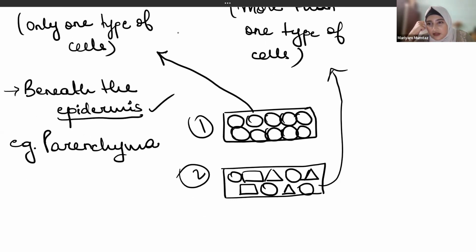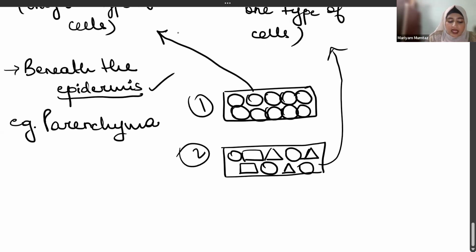Parenchyma is the name of a tissue. Like how I told you phloem was a tissue, and xylem. Do you remember? In the same way, parenchyma is a name. There is nothing to understand here, there is no meaning of the word. It is the name of a tissue, and it is the name of the most common type of simple permanent tissue.